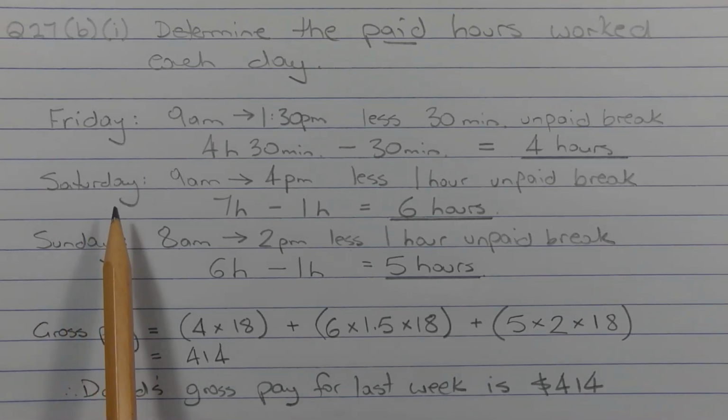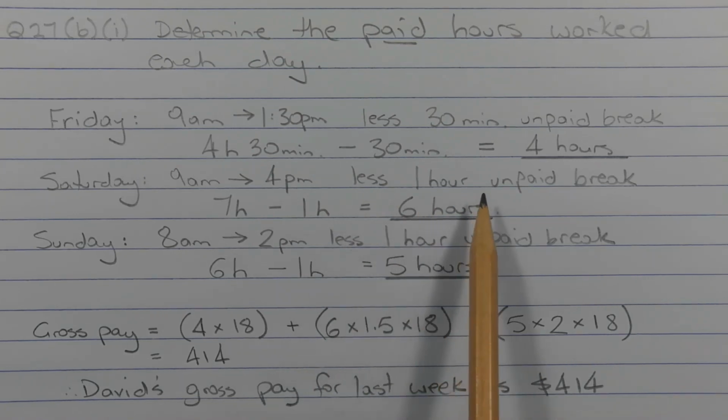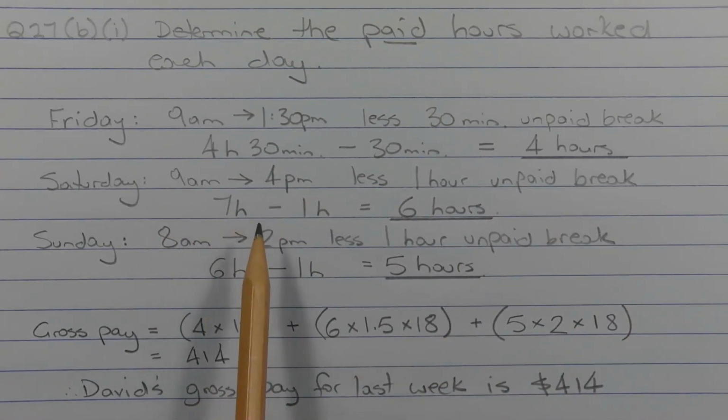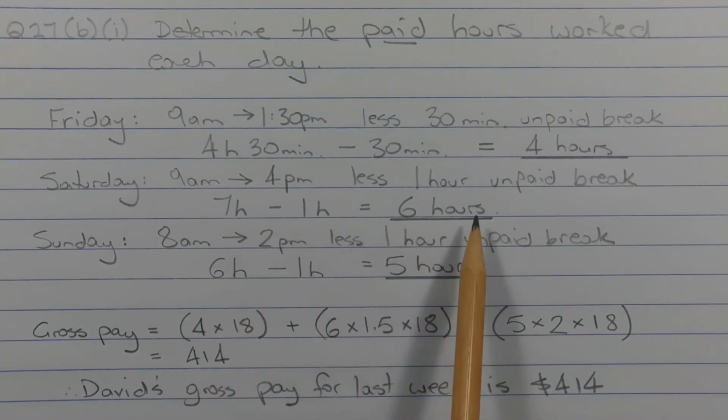Now on Saturday, David worked from 9 a.m. to 4 p.m. less 1 hour unpaid break. So 9 a.m. to 4 p.m. is 7 hours. Take away the 1 hour for the unpaid break and that equals 6 hours of paid work